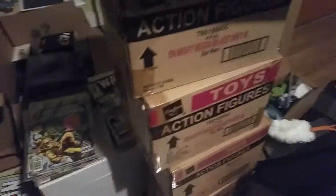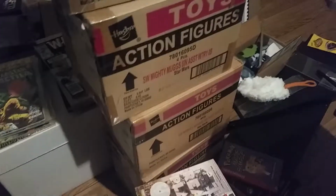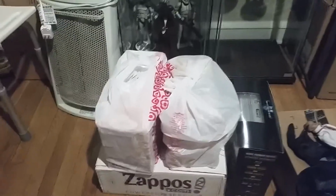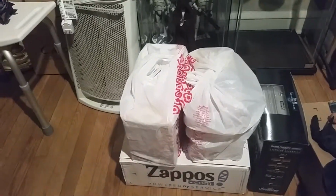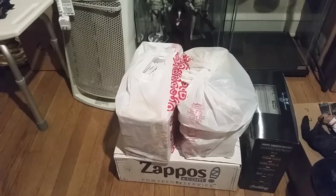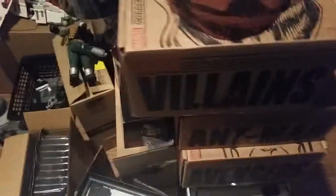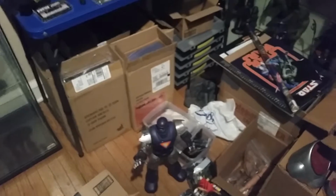Star Wars Mighty Muggs. I have Star Wars Mighty Muggs, so many of them. All those cases have Mighty Muggs in them. Those two boxes have Mighty Muggs in them. Those Target bags have Mighty Muggs in them. And I'm pretty sure there's more sitting around here somewhere. So I have to find a way to display all that type of stuff. All the Funkos from my Marvel Collector Corps boxes. That's a visor for an ODST helmet. There's just so much stuff here,